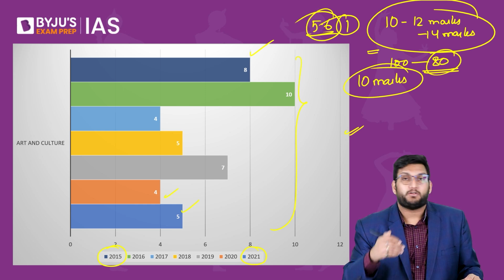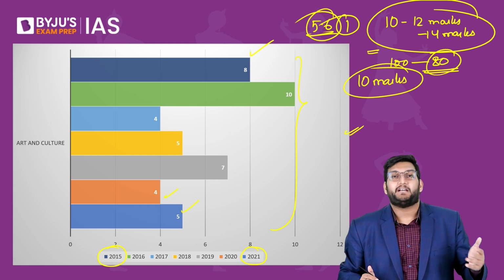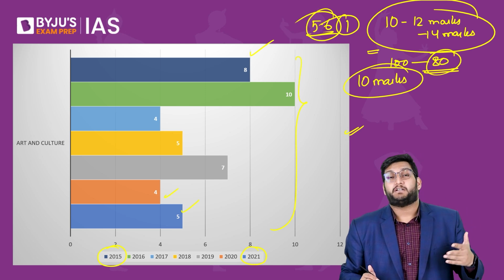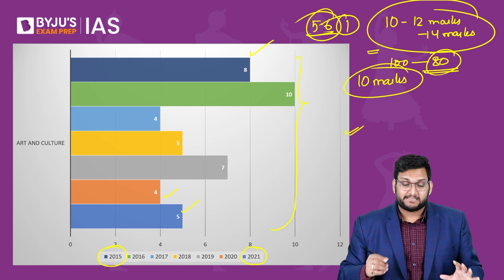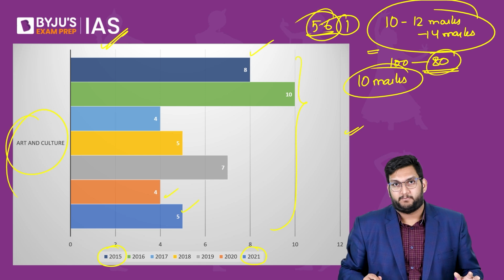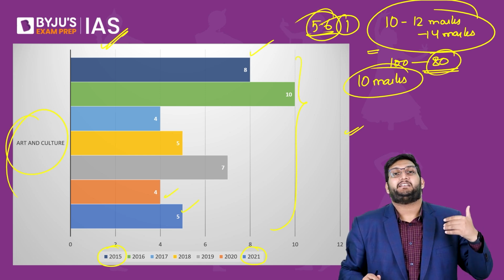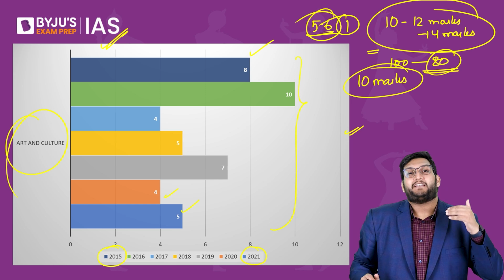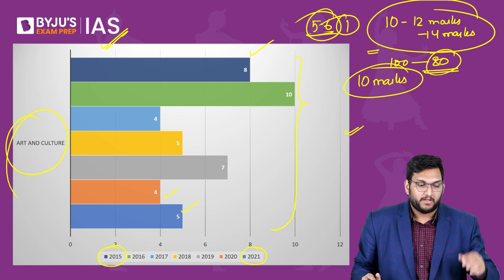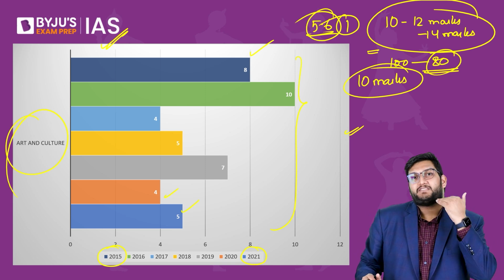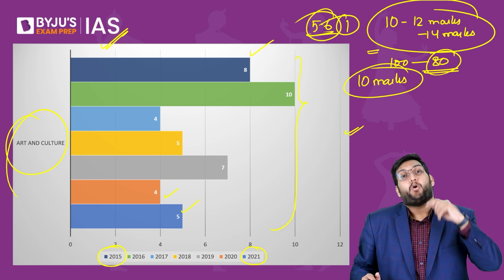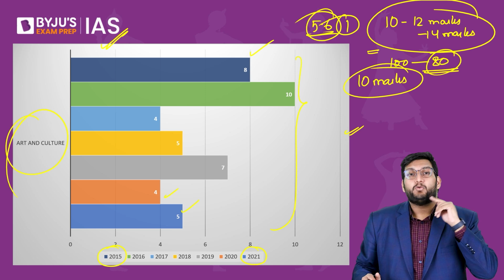So we can't ignore art and culture, obviously. If you ignore it here, you have to do it in mains. There you have at least 1 to 2 questions coming through. So again, 15 to 30 marks are there again. So as a subject, you cannot ignore art and culture. Very, very important. So the pattern itself tells us that it's a significant portion. Nobody has ever cleared the exam whilst ignoring art and culture as a subject itself. So let's look at the nature of the questions, because then we can understand the pattern, what are the themes which are important, and then also understand the way to cover it.